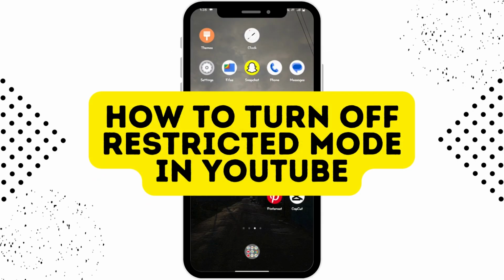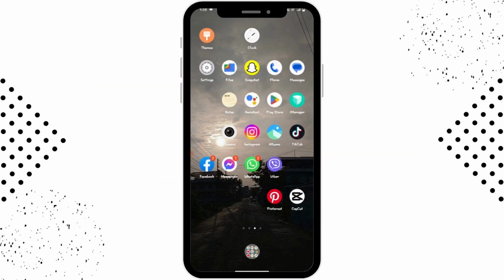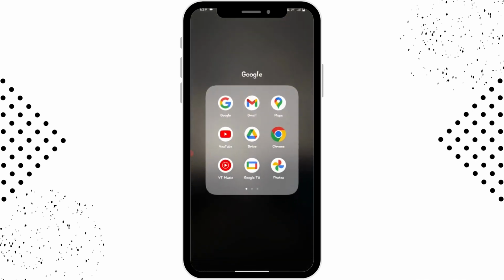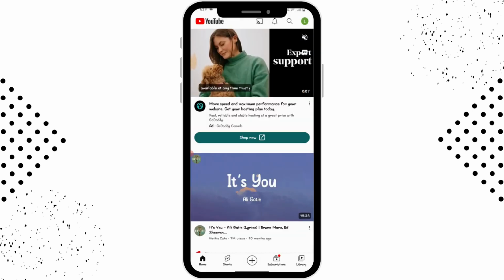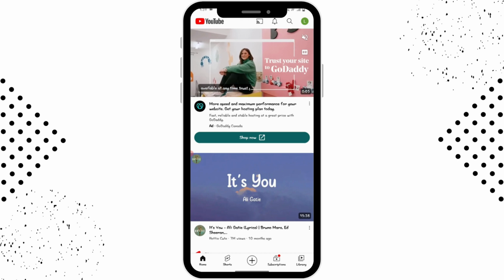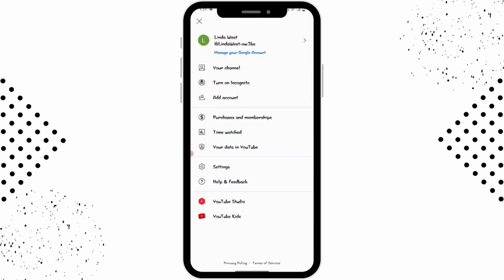How to turn off restricted mode in YouTube. So if you want to turn off restricted mode in YouTube, then first of all make sure you have a stable internet connection, and then you have to open up your YouTube application. And after opening your YouTube, you can go to your profile, which is on the upper right corner, and then